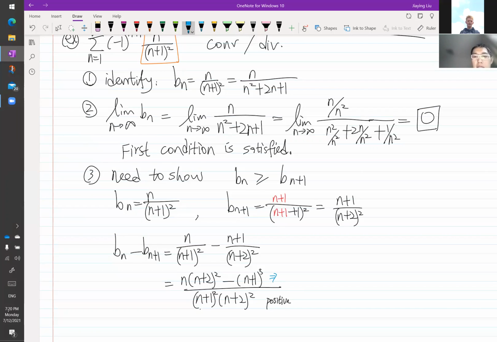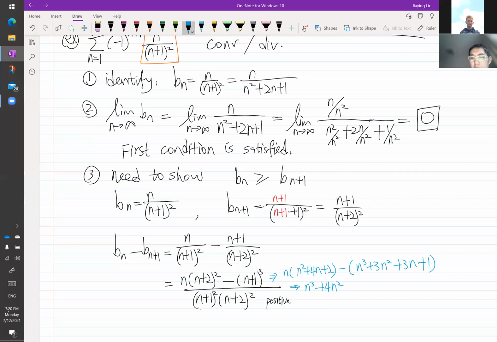So that will be n times n squared plus 4n plus 2, and then minus n plus 1 cubed. And if you expand n plus 1 cubed, that's n cubed plus 3n squared plus 3n plus 1. That's a formula to remember, or you can just expand it. If you're interested, I can tell you what that is. And then that will give me just a numerator. So this arrow just means numerator terms. So that's an n cubed